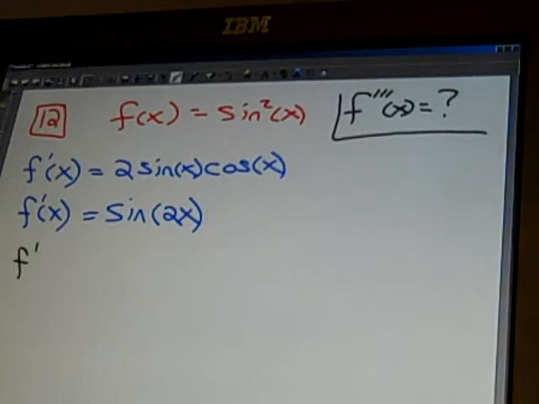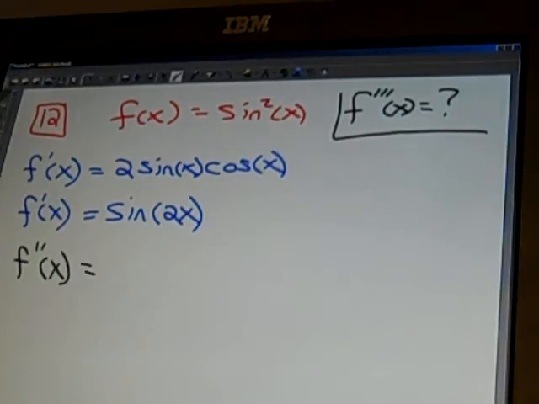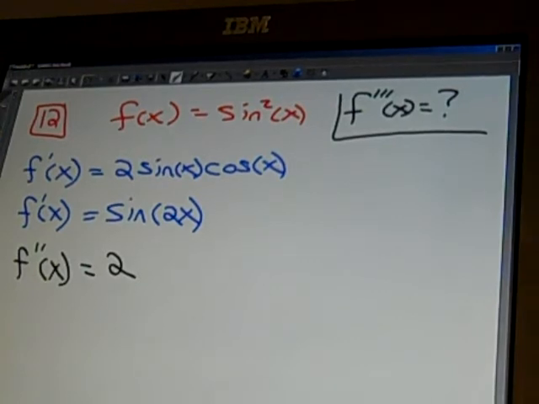So the second derivative then is going to be 2 times, Thomas, what's the derivative of sine? Cosine, correct. And then cosine of what? 2x. Where did this first 2 come from? The first 2 came from the chain rule, right? So cosine is the derivative of sine, and then 2 is the derivative of 2x. And now I can find the third derivative fairly quickly as well, because